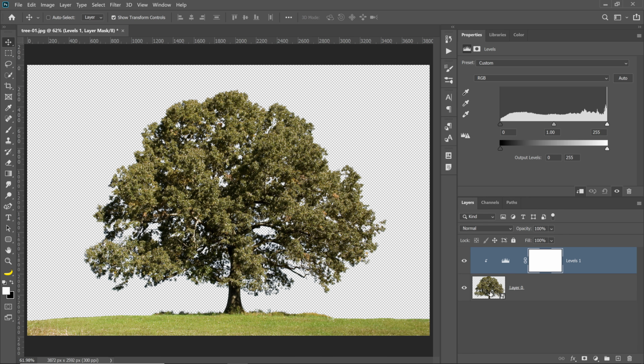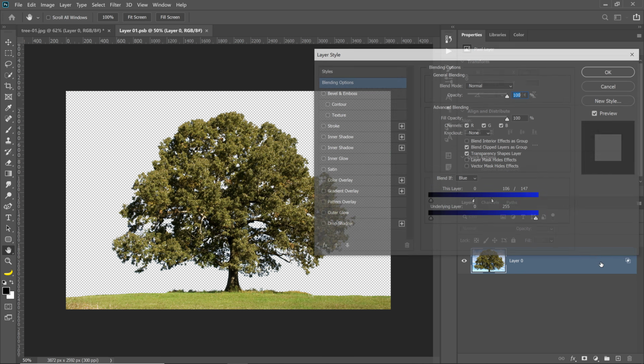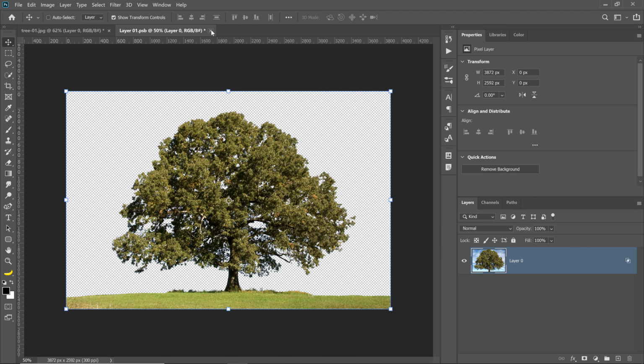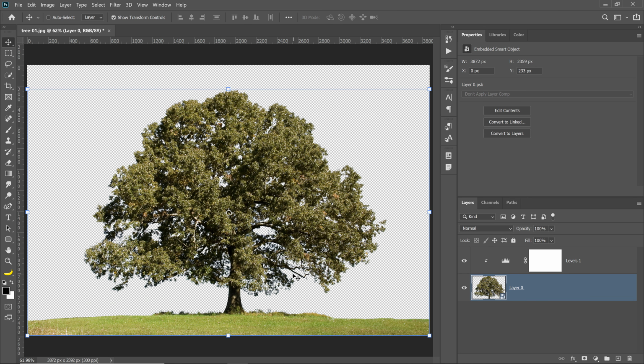If you want to change the blend, all you need to do is double click on the Smart Object thumbnail to open that up into a new tab. And you can then double click to the side of the layer to bring up the blend if sliders, and you can continue making your adjustments through here. Once you're done, you can press OK, close the smart object, save it, and the changes will be automatically applied